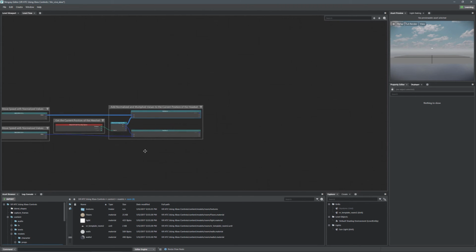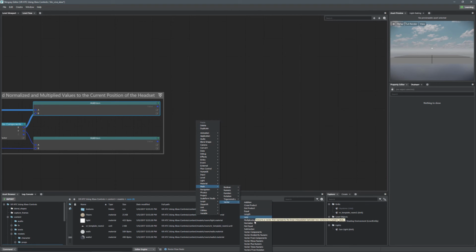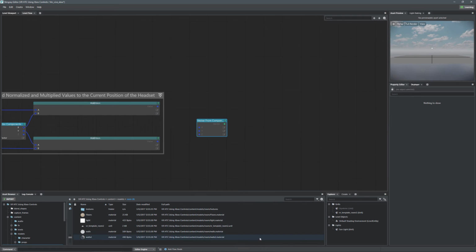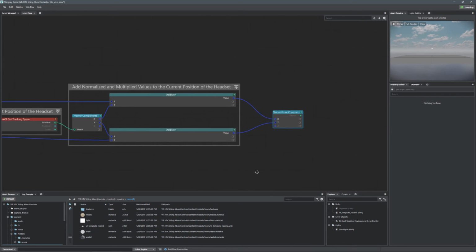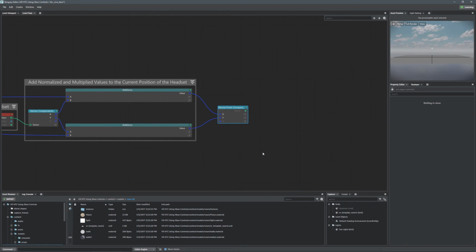That's it. And now what we want to do is recombine this information back into a vector that we can utilize. So we're going to go Math, Vector, and we want to go Vector from Components this time. We're going to take these variables that we've now made and put them back into something we can utilize for our new position in our tracking space. So we're just taking the X value that we've changed and the Y value that we've changed, and merging them back together to give us a new value